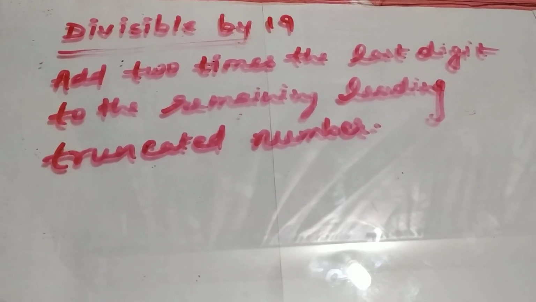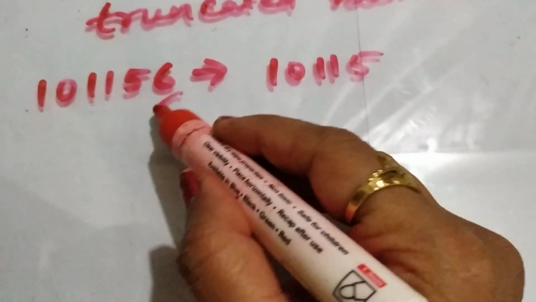For this we are taking an example. Twice the last digit. We write first the remaining number. Twice of